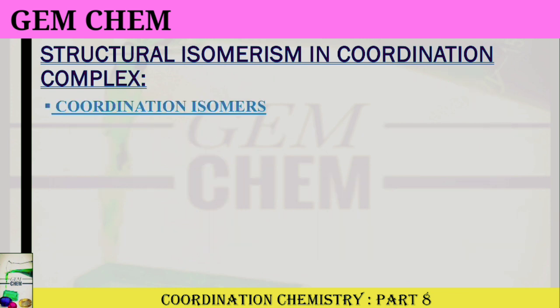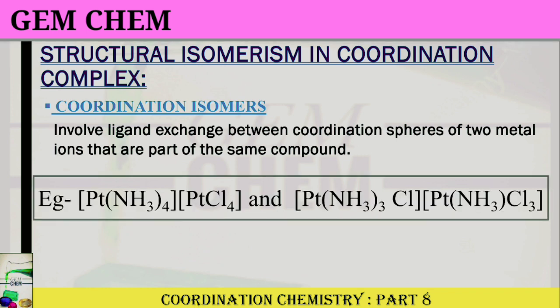Third one is coordination isomer. So this involves ligand exchange between the coordination spheres of two metal ions. Suppose we have a complex salt where there are two coordination spheres, that is, one is positive, one is negative. In that case, the ligands get exchanged. So we can see here our charges, this one is positive, this one is negative, this one is positive, and